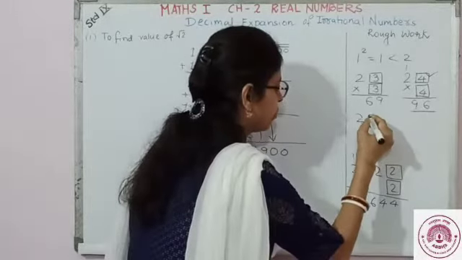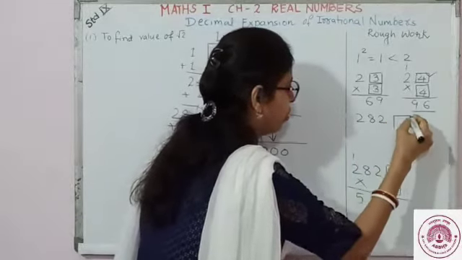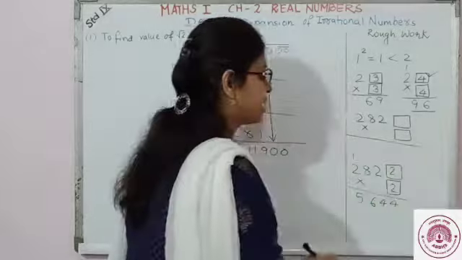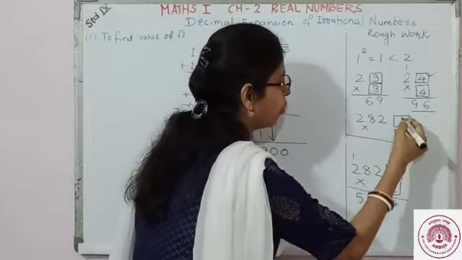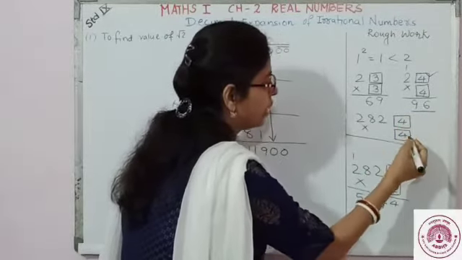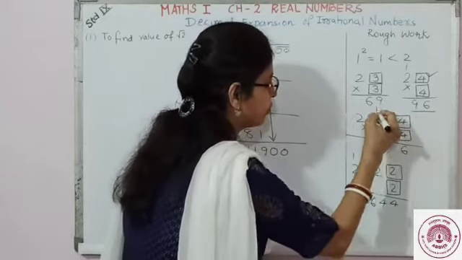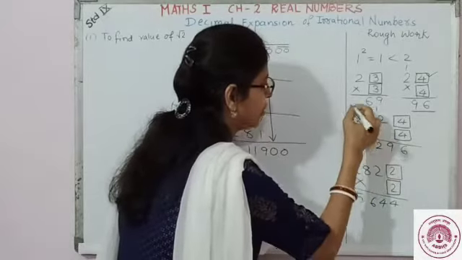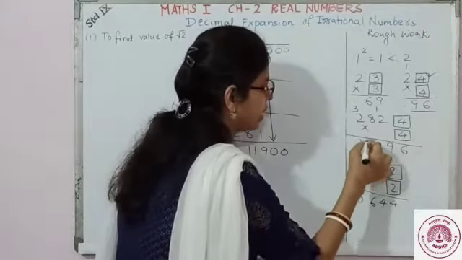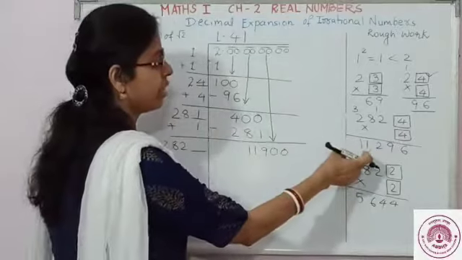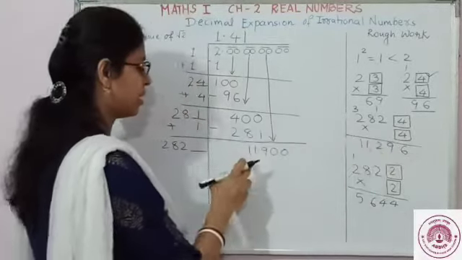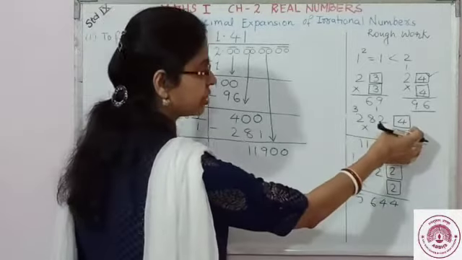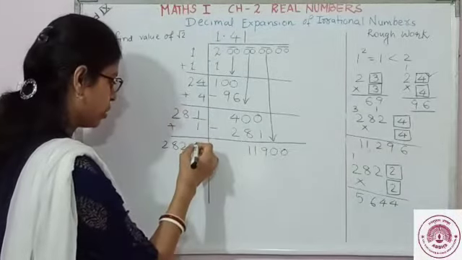So here 282, again a box, multiply by box. So we will be selecting a digit. Let's try with 4. 4 4s is 16. 4 2s are 8 plus 1, 9. 8 4s are 32. 4 2s are 8 plus 3, 11. Now check this value. 11,296. 11,900. So very close. So we can take this digit this time. So this 4.